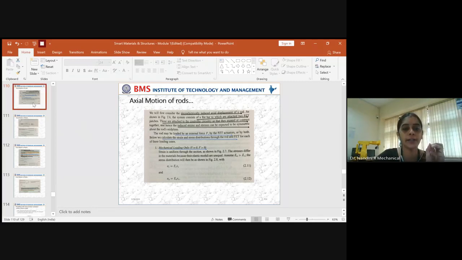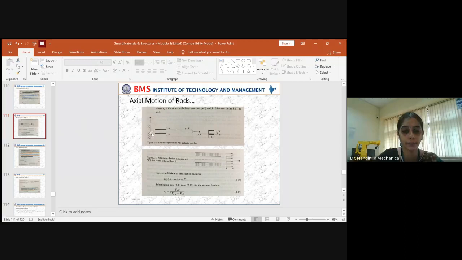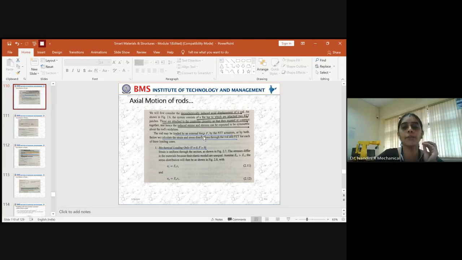So when you apply the electrical voltage to the given device here, where you have two patches, it can expand and then it can contract also. The strain which has been induced has to be measured. To measure that, you should have connectivity, and that is achieved through the internal circuitry system. Okay. So when you connect that together, it helps in expanding and contracting together, and hence it helps to induce the strains and stresses. Then you can evaluate the amount of stress generated and the amount of strain induced.